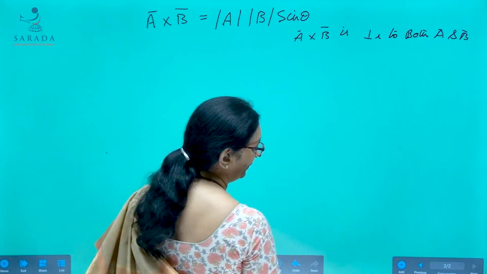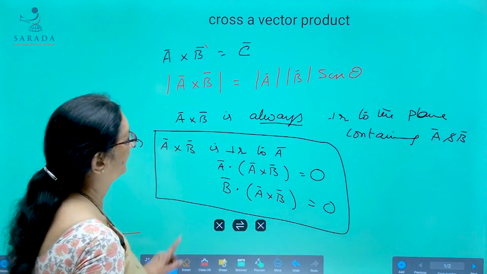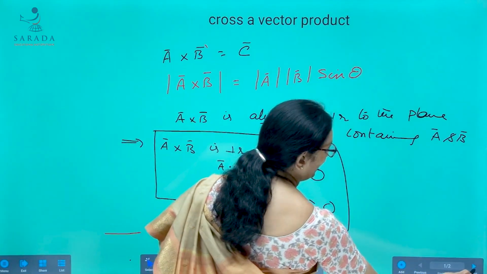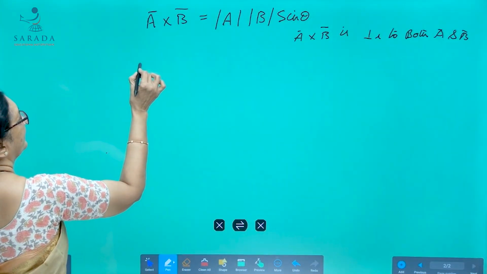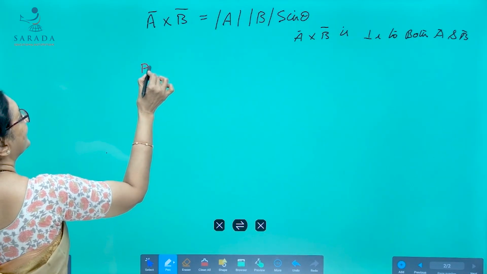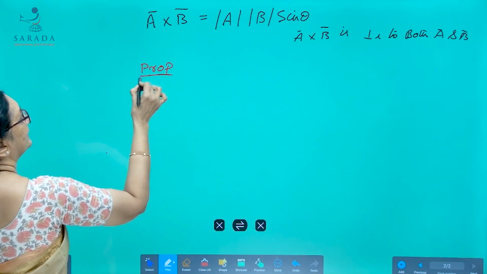That's what we learned on the previous page. Now, coming to the properties, the first one is that the cross product does not obey